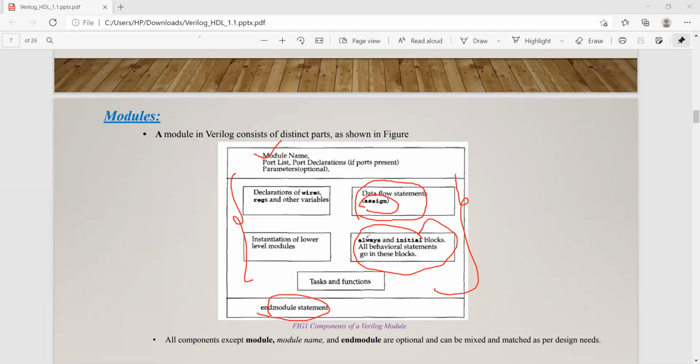And whatever intermediate lines or registers are there, we need to declare with the help of wire and reg data types, and whatever modules you want to instantiate, like full adder, can be instantiated here. So this is the entire structure of a module.